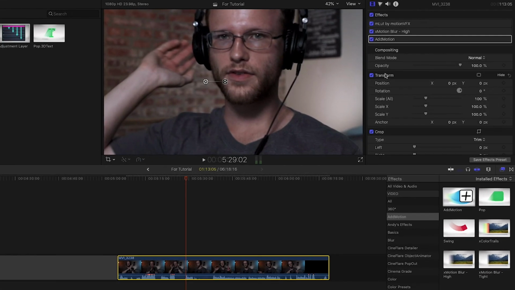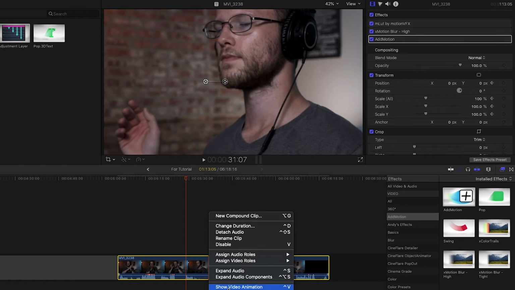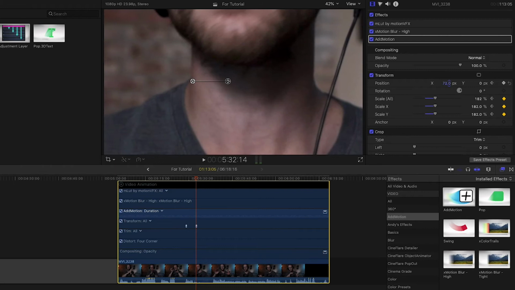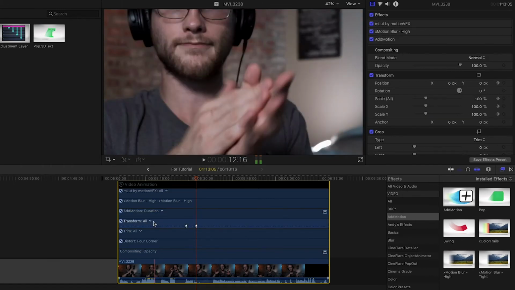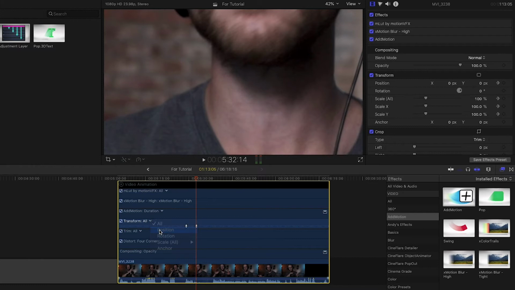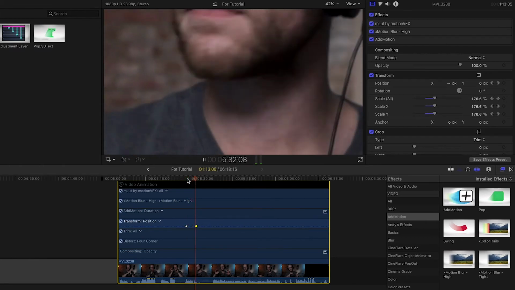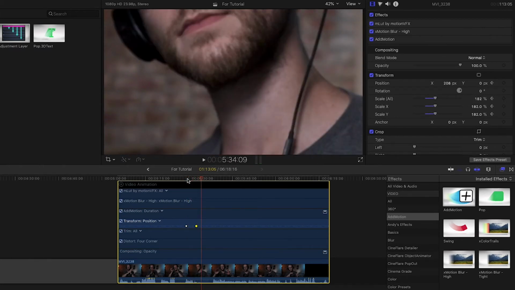If you want to do that, you'll need to do it the harder way, which is basically to create a keyframe for your position and scale, move forward a bit, adjust your scale and position, and then in your transform property, select position, and then right click on a keyframe and select linear. Then you'll get a slow zoom, but you will not get that cool effect that AddMotion gives you for speed ramping and junk. I know that was all a tangent, but I got the idea to do this video from